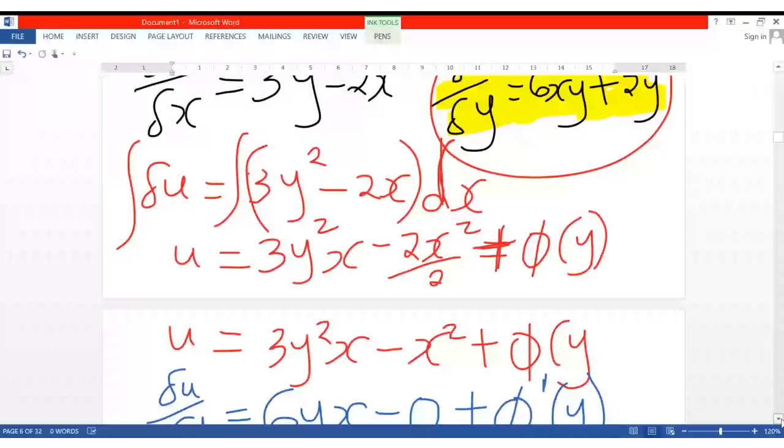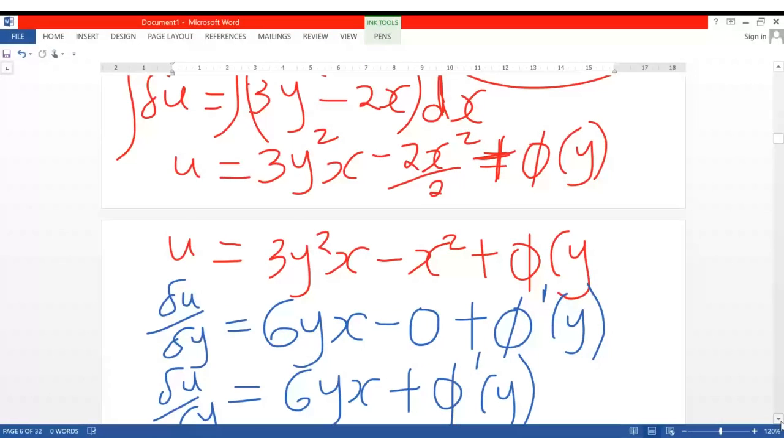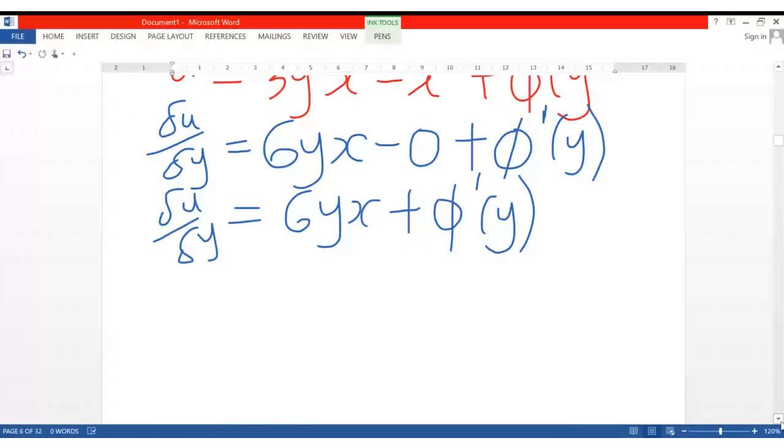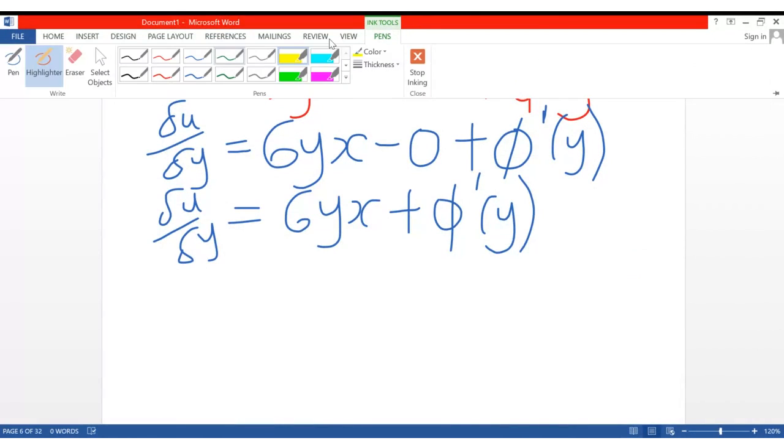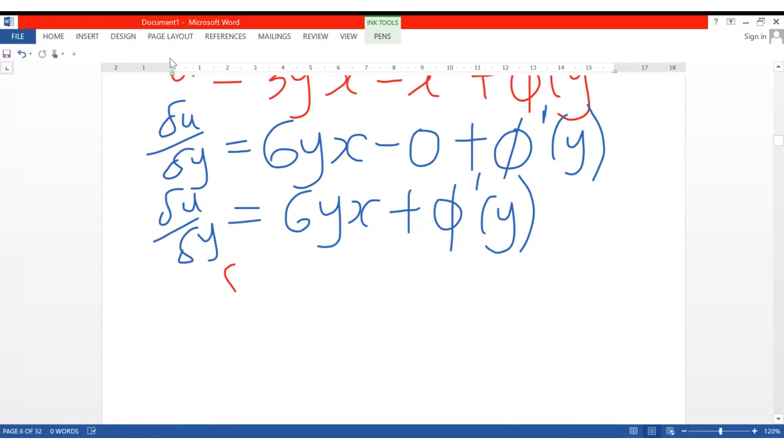So let me write it down here. Compare it. So the equation that is in yellow there is given by this one. The equation in yellow is given by partial u, partial y, by 6, plus